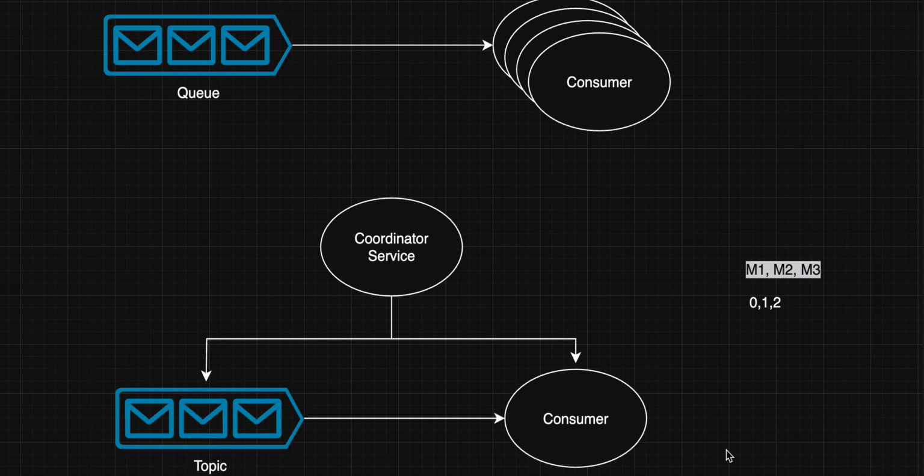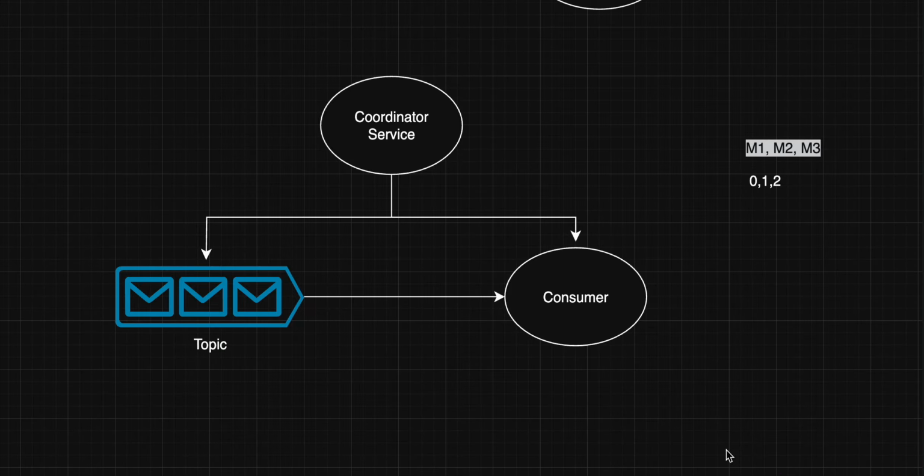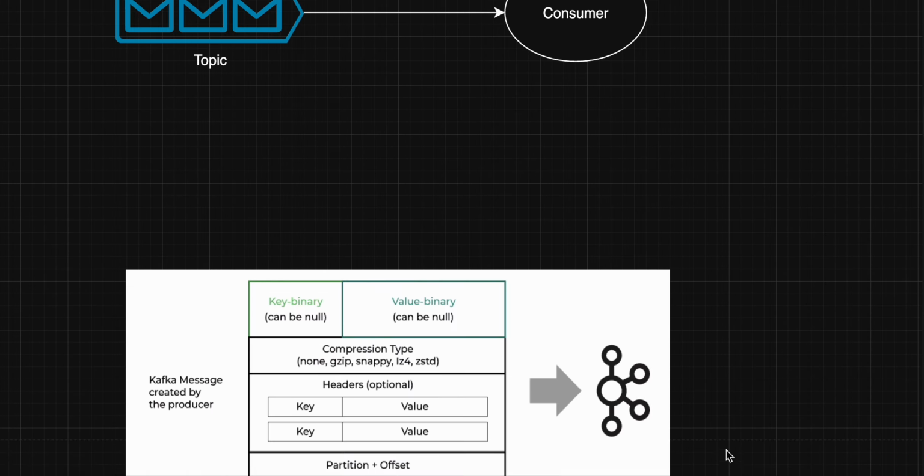Now you'll be wondering, if the message is always there, it must be using some database. Now we come to the database part. In this topic, millions of messages are being published, and these messages are read by consumers at the same pace. No such database exists that solves this problem at this scale efficiently, where we need high writes and high reads. So what Kafka does is it saves messages in a file, and that file is saved on a disk. So let's see what a message looks like.